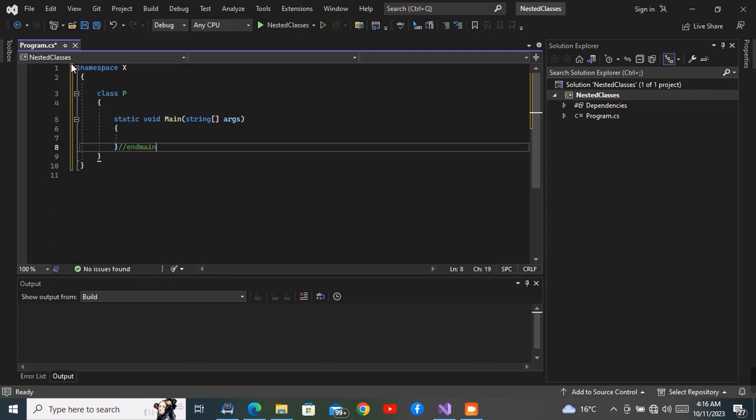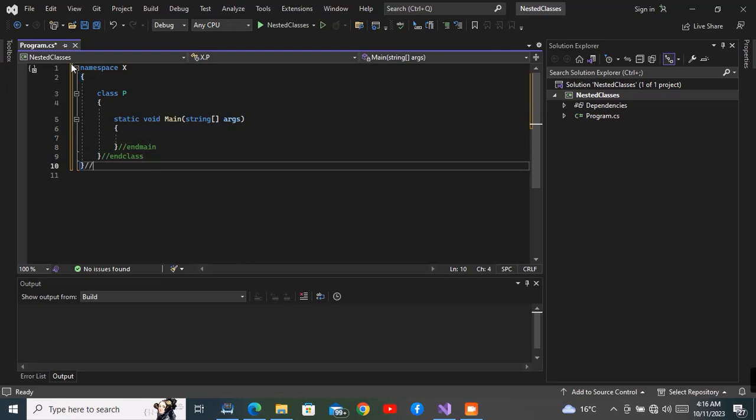I'll just end the main, and I'll just end the class. So one thing that I'm going to do, let me just say end namespace. So inside of this class, I'm going to create a public